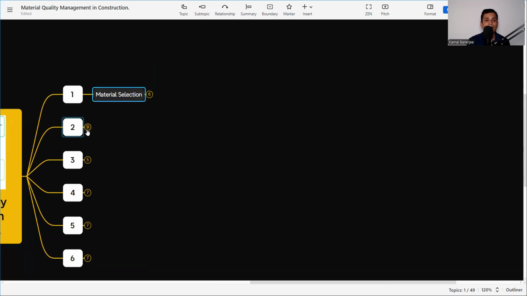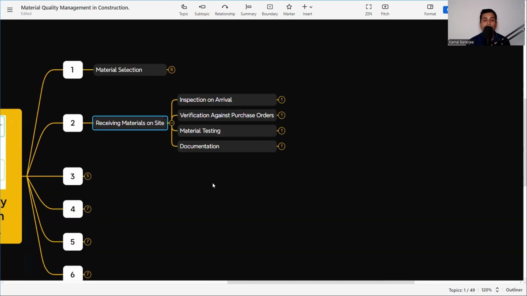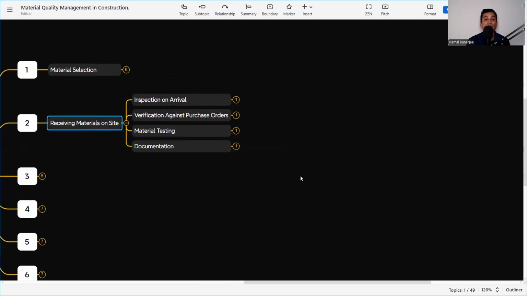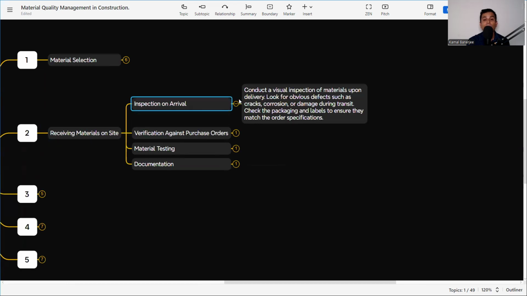The next part is receiving material on site. First we selected the supplier and the material. Now, after giving the purchase order, the material will come to the site. What we need to do is check it whenever it arrives at site. So, inspection on arrival: whenever the material is coming to the site or delivered to the site, we need to